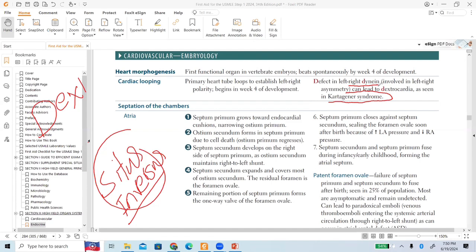They move on to another thing. So what is the function of the dynein? Can anybody tell me? NBME, UWorld, Free 120 ask in this way. They give you the whole scenario and ask what is the function of the dynein? It is a microtubule motor. So what is the function of the dynein? Can anybody tell me?